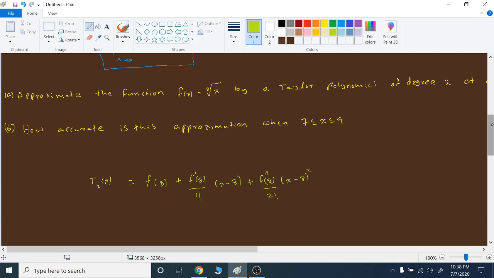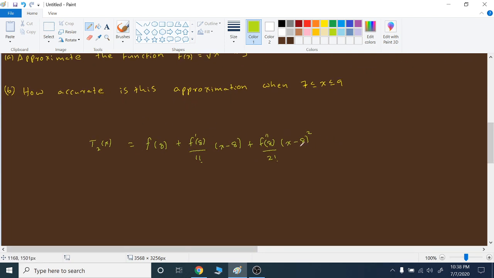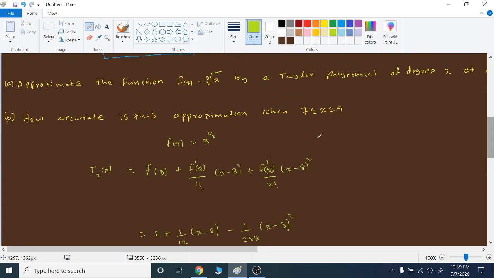So when you evaluate these using the function, the cube root of x, once you figure out the exact values for these derivatives and evaluate them at these points, you will get this. So in the first question they just asked to approximate the function by the Taylor polynomial